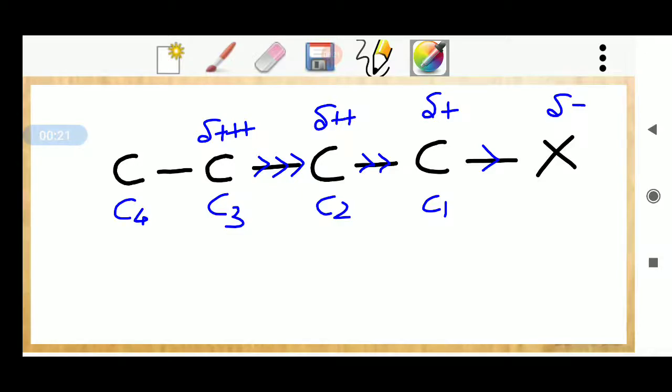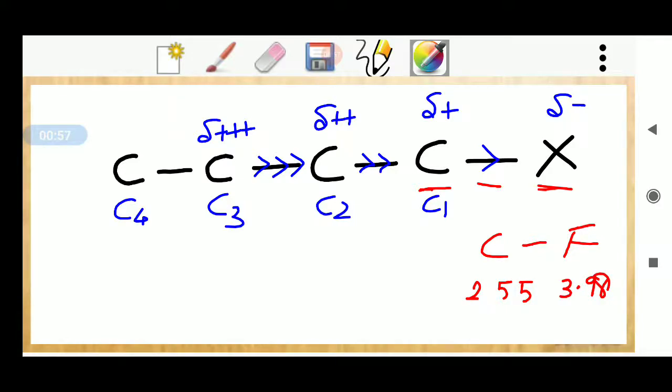Carbon and halogen share an electron pair and form a covalent bond between them. This electron density moves towards the more electronegative atom. Compare carbon with a halogen like fluorine. Which one has the higher electronegativity value? Carbon has an electronegativity value of 2.55, while the halogen has 3.98. So the halogen is the more electronegative element.